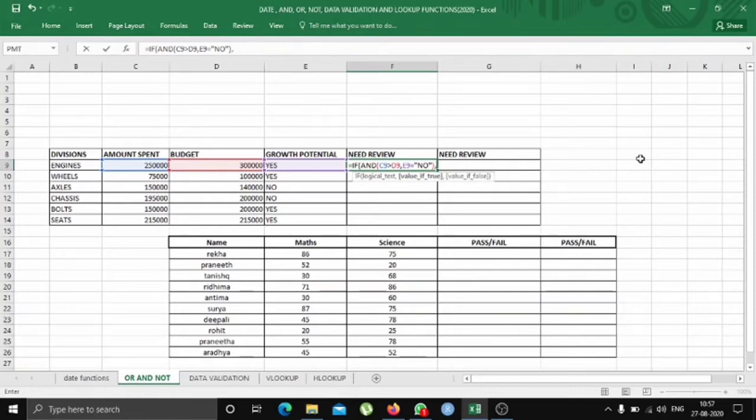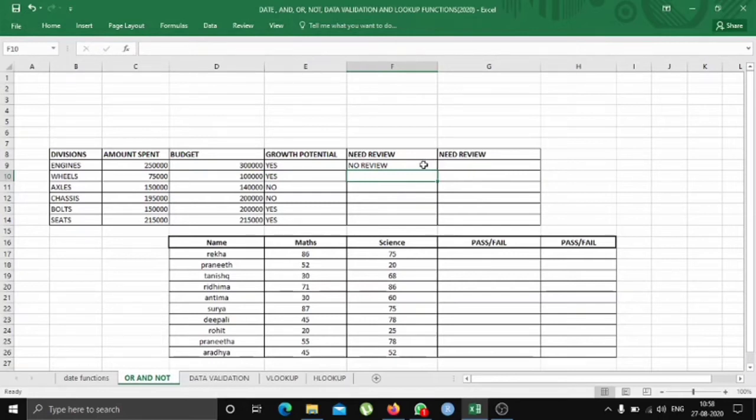So we'll write "review required" for that division, close the inverted comma. Or if both the criteria are not fulfilled, we need no review. So if the amount spent is less than the budget and the growth potential is yes, we will need no review. So we'll enter "no review", just close the bracket and press enter.